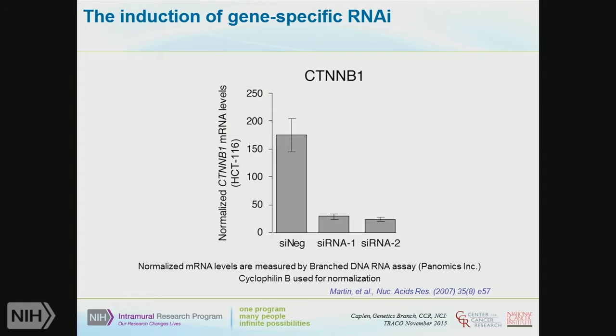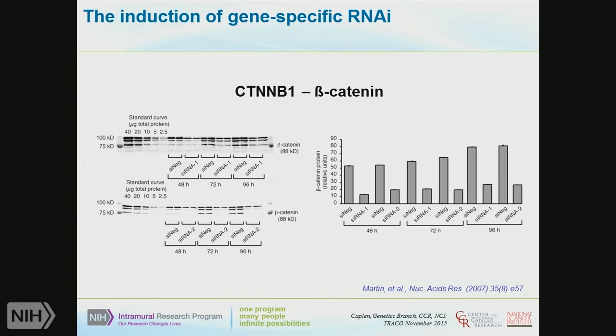If this is a knockout, then you would want to go down to effectively 0. You should not be having any production of transcript at all. But this is what we're usually looking for in this context of interference type experimentation. This should then be mimicked at a protein level. And here we're again seeing decreases in protein using the same beta-catenin siRNAs.